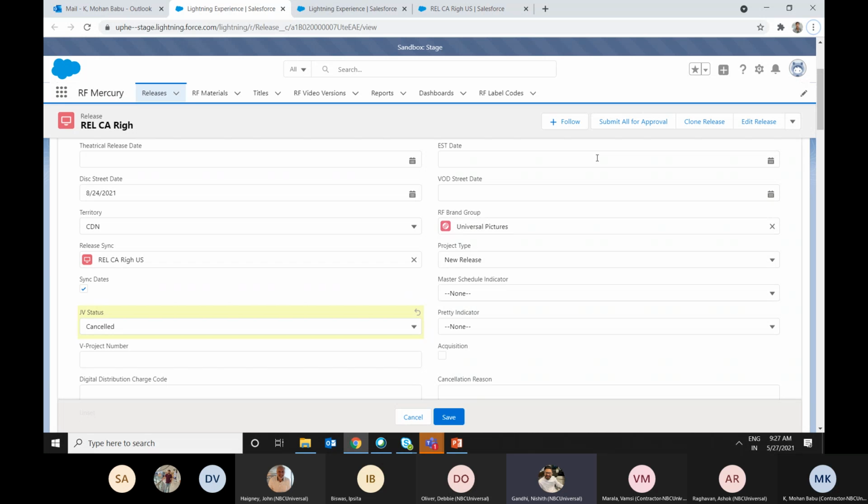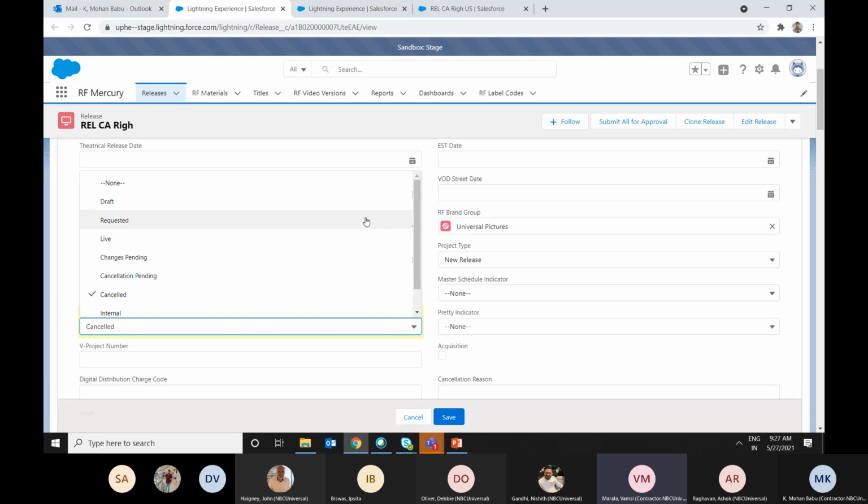Once the JV status becomes other than draft, the user is not able to update those dates. And what are the dates that JV does not utilize and user can update by themselves, which is based upon the calculation, and it's not being utilized on the JV side? You can get all those details when we are discussing the submit all for approval. The next status on the JV statuses will be updated on the submit all for approval button. So you will get all those details when we're discussing the submit all for approval.